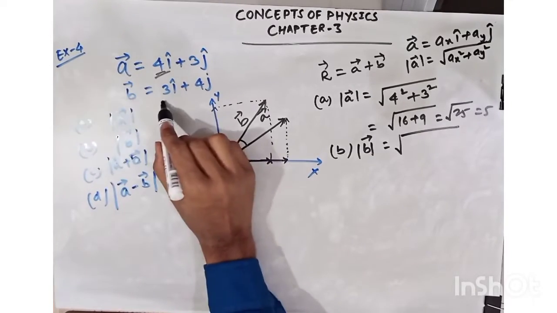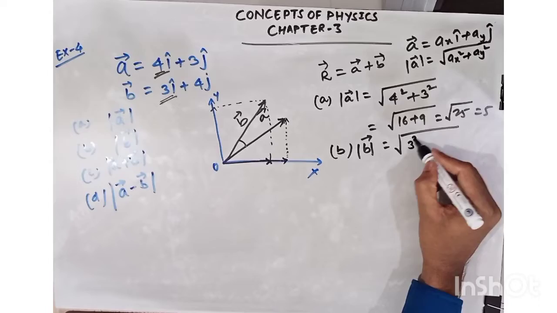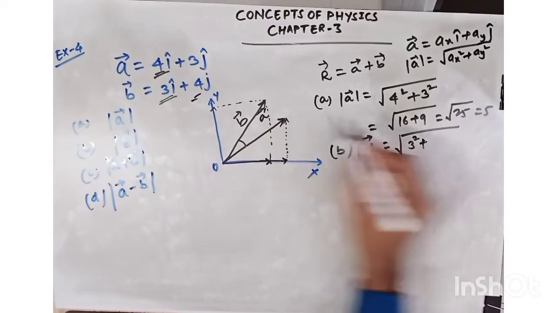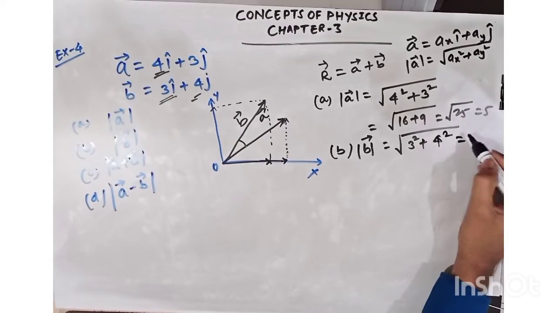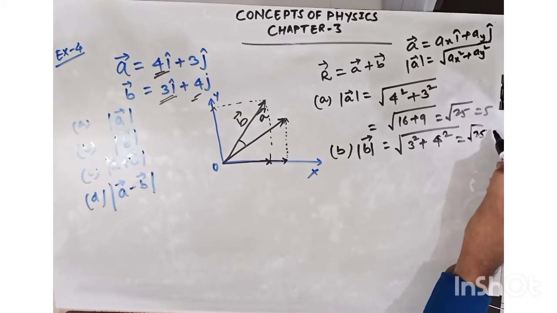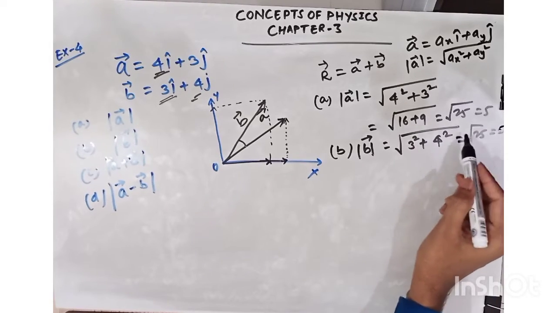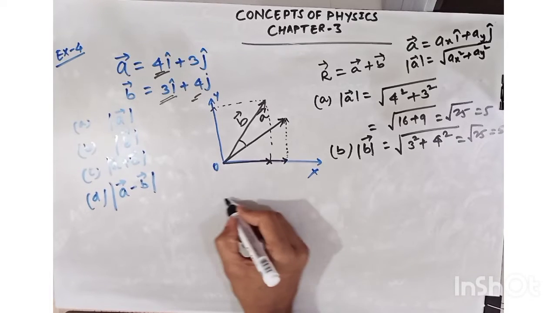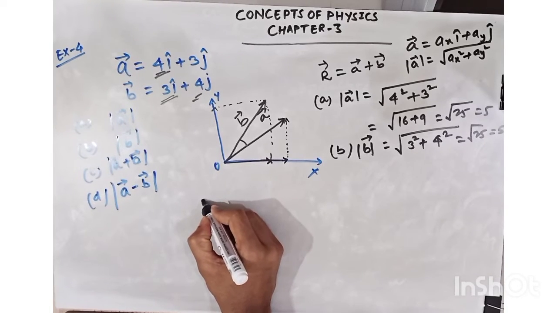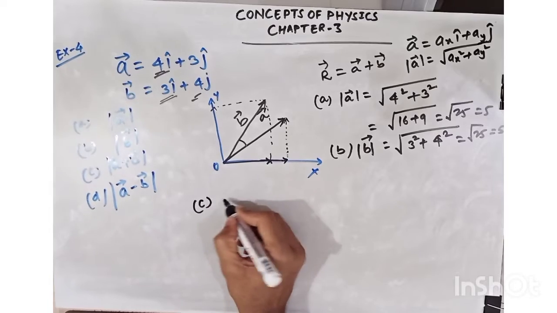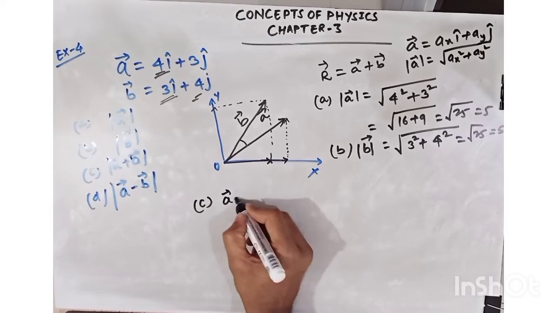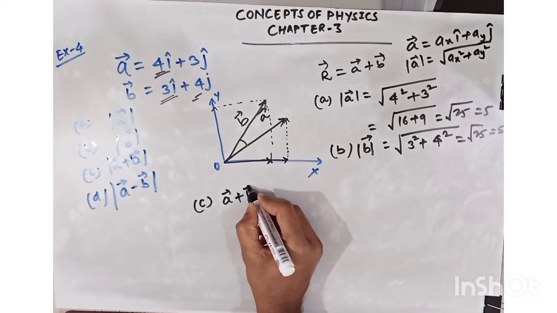Okay, so now let's find the magnitude of B. Similarly, we can square: 3 squared plus 4 squared. So this would also come as 25, and this would be 5. Okay, so the magnitude for both A and B would be 5 and 5. Now for C, the magnitude of vector A plus B,